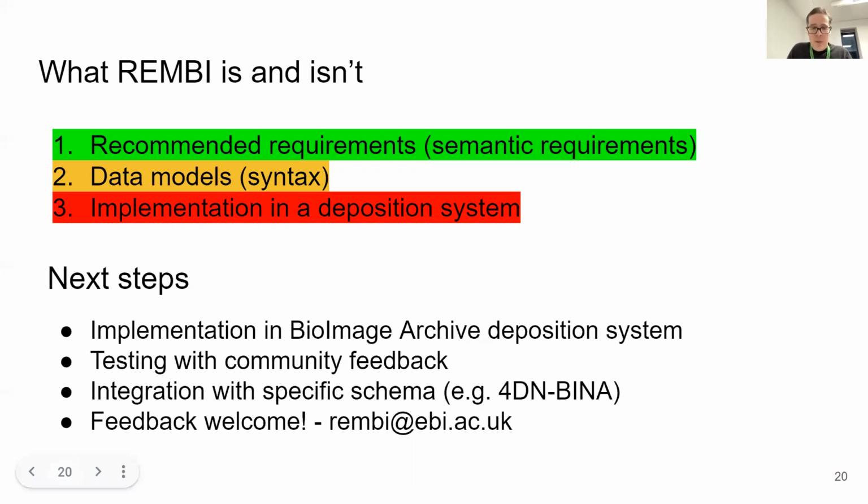And that means that what we're doing at the moment is implementing an example version of REMBI for the BioImage Archive, so that firstly we can use it to capture the metadata we need as part of our deposition system, but partly then we can show it as an example to the community of what REMBI would look like in practice. Then we can update it based on feedback from the community, particularly on different subcomponents of REMBI and what's necessary, and then start to look at how it might benefit other groups that are doing image data management, because the more we can standardize at a high level across different imaging data management systems and repositories, the easier it is to share data and let people look consistently across the repositories.